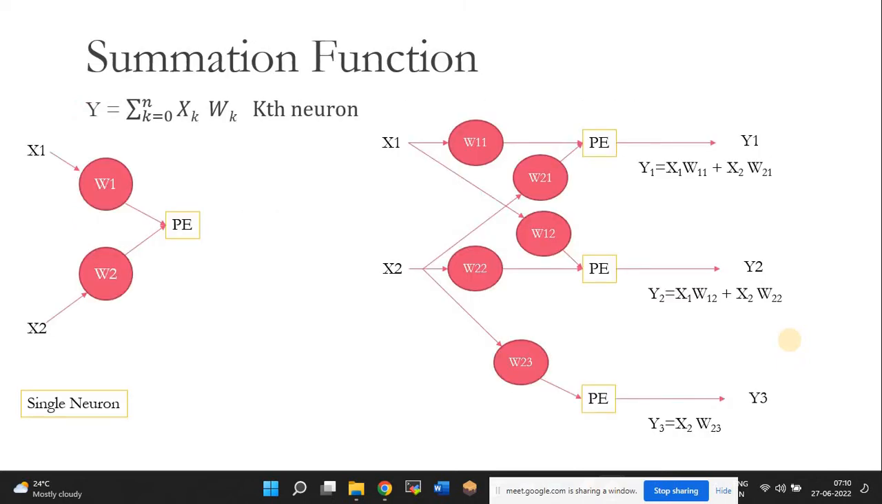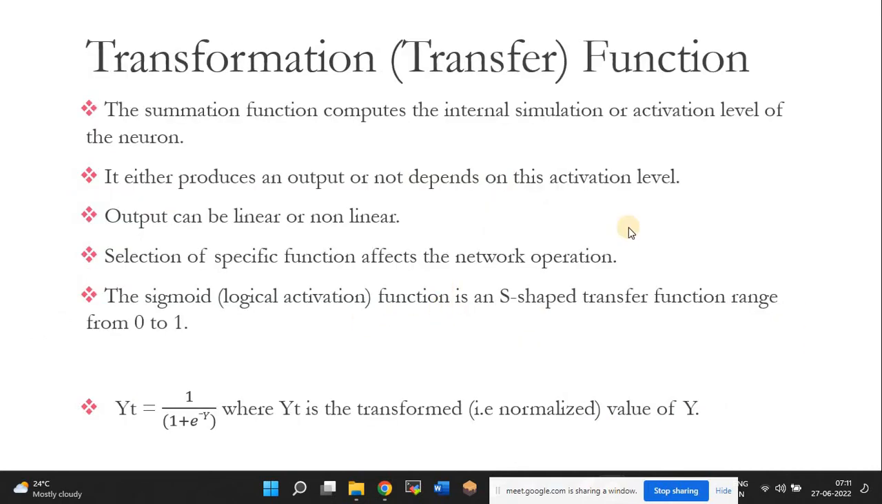Now if you look at this, this is the summation function, x1 w1 into the processing unit, and this is how the output is the single neuron output. And if you look at the y1, the second neuron, in the second diagram over here, which is